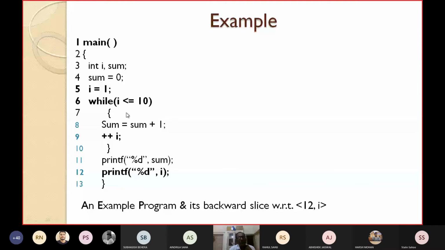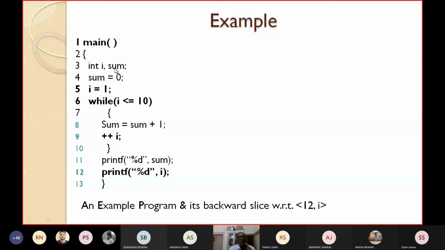First, given a program, you number it or you instrument the code. This is known as the instrumented code. Then for every program, draw a graph. That graph is called the program dependence graph. We have already seen the control flow graph earlier, but here I want to draw a program dependence graph.